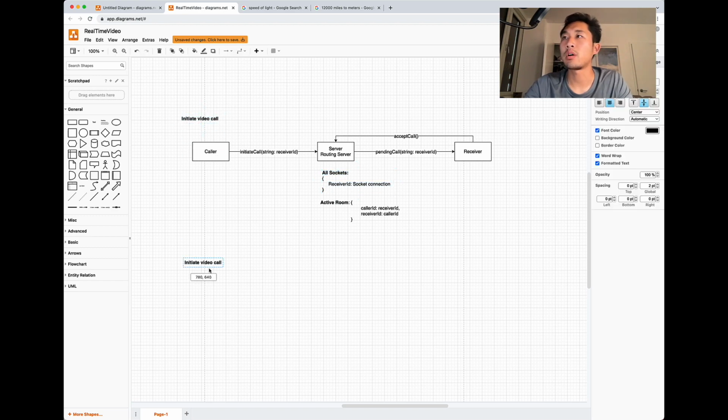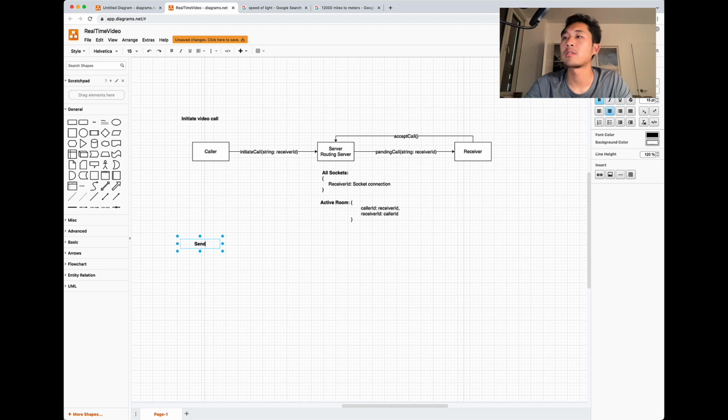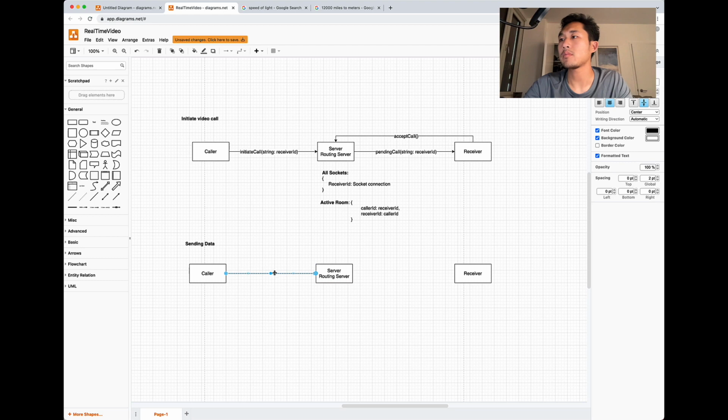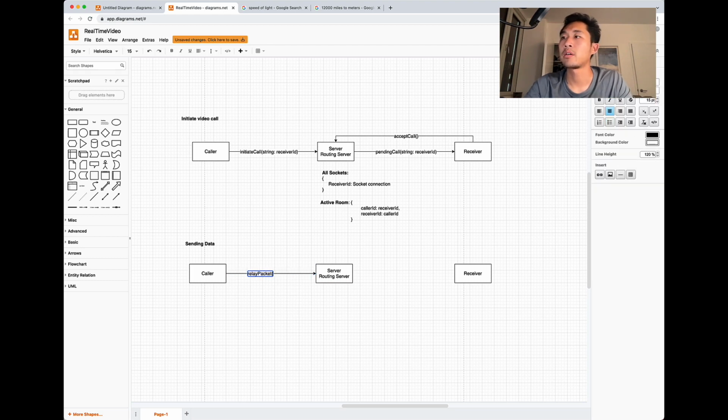When we actually want to send data, remember we want to use a UDP protocol because we don't want to wait on packets to be received before sending the next one, we just want to relay packets. So we can create a relay packet call, and then we can send packets as a byte array.